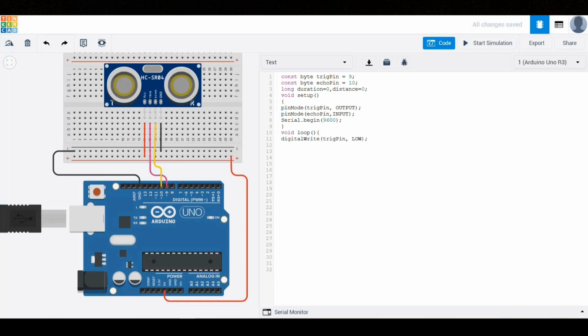First, we use the digitalWrite function to set the trig pin low, clearing any previous signals that may have remained active. It's important to start with a low signal to ensure that the pin is reset properly. We then insert a short delay using delayMicroseconds(2). We do this to make sure that any previous signal is cleared and the sensor is properly reset before we send a new trigger signal. Even though 2 microseconds is a very short time, it's enough to give a clean and reliable low signal to